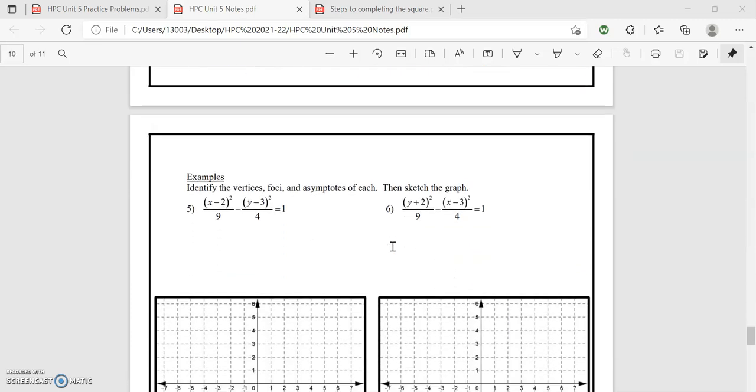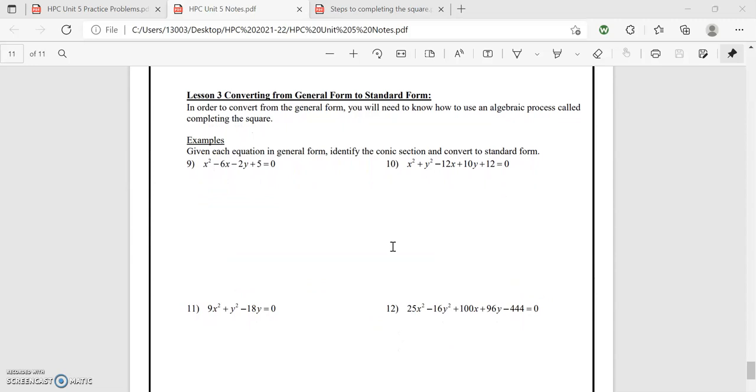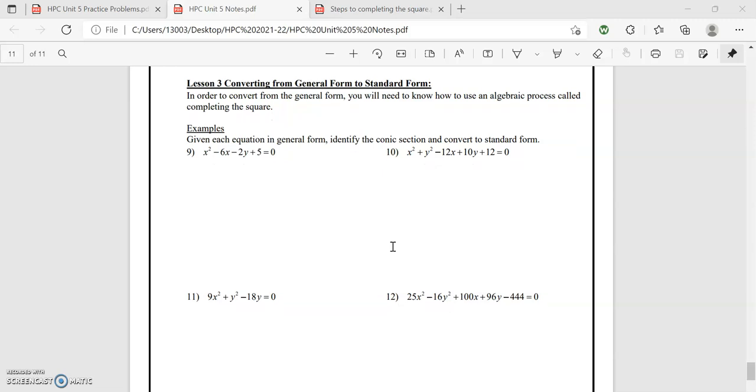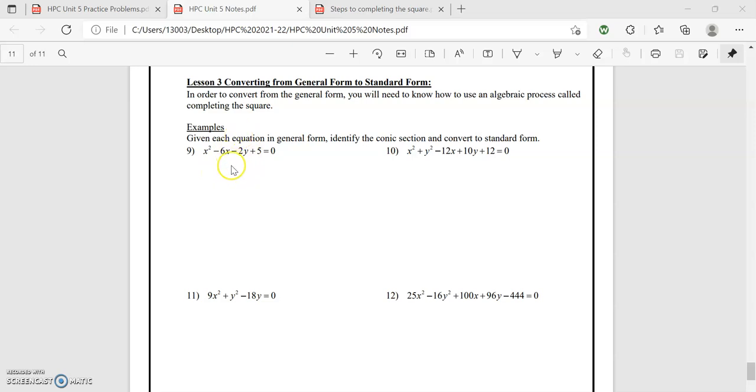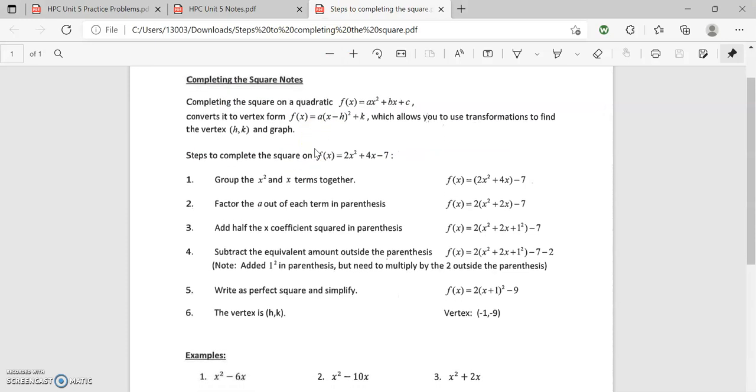But we're being given, in unit 5, lesson 3, the general form, and we want to get it into that nice standard form. So what we do is what we call completing the square. It's like factoring, right? It's a really glorified version of factoring for these types of problems. So I'm going to switch over, because I've added into Schoology this document here. In this document, we have the steps for completing the square. So let's say we're given a formula